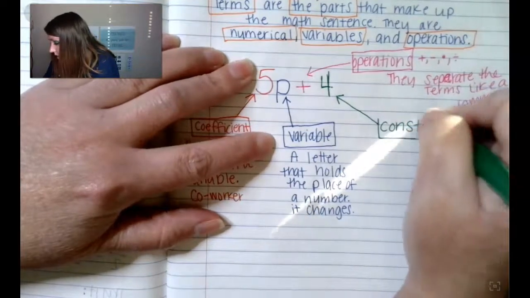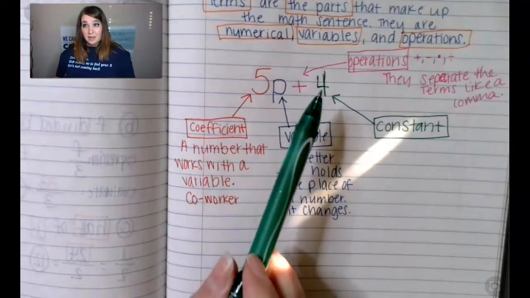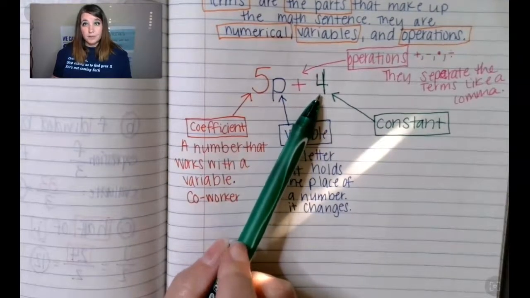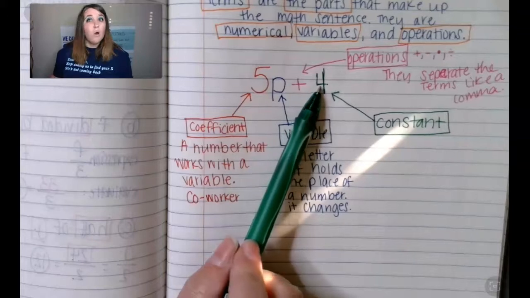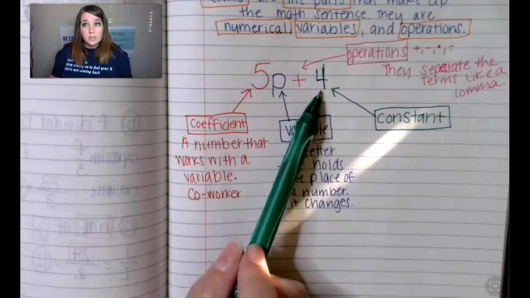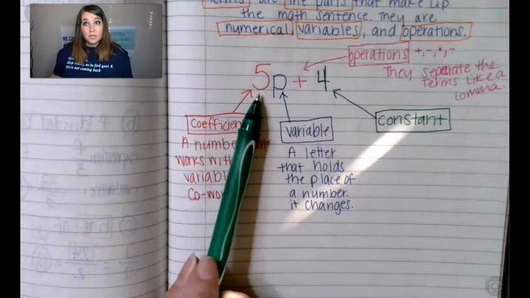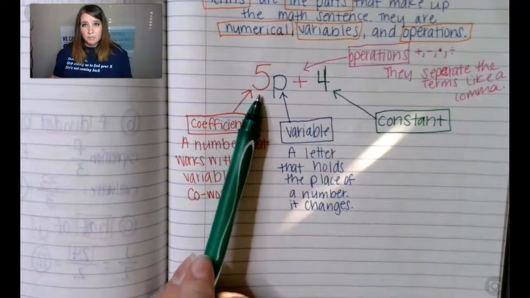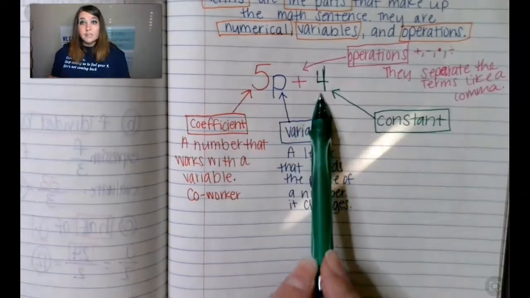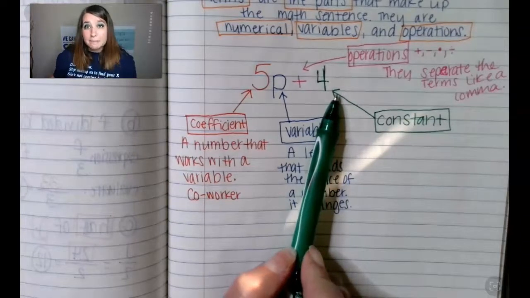Okay, this is a constant. The reason why the 4 is called a constant is because it is always going to be a 4. If this were a 6, it's always going to be a 6. It's constantly what it says it's going to be. It never changes. The 5 over here is going to change. He shows up as a 5, but he's not staying a 5. This 4 is going to show up as a 4, and you can count on him to always be a